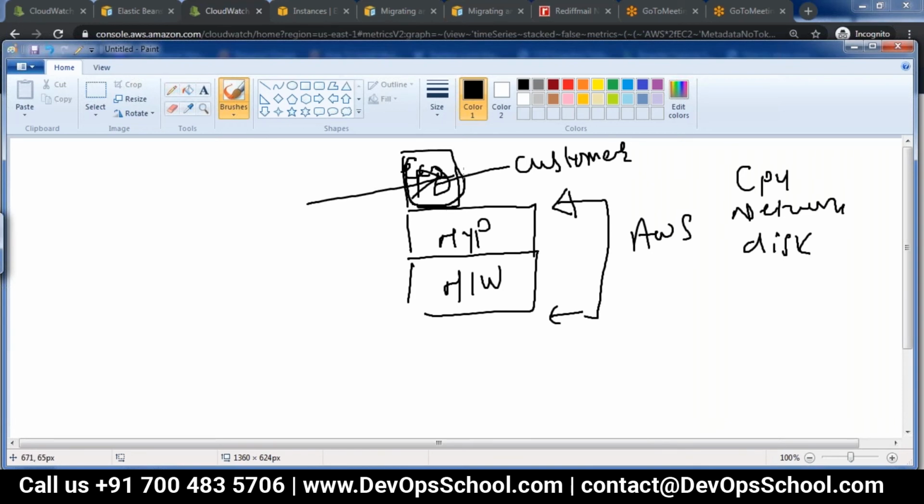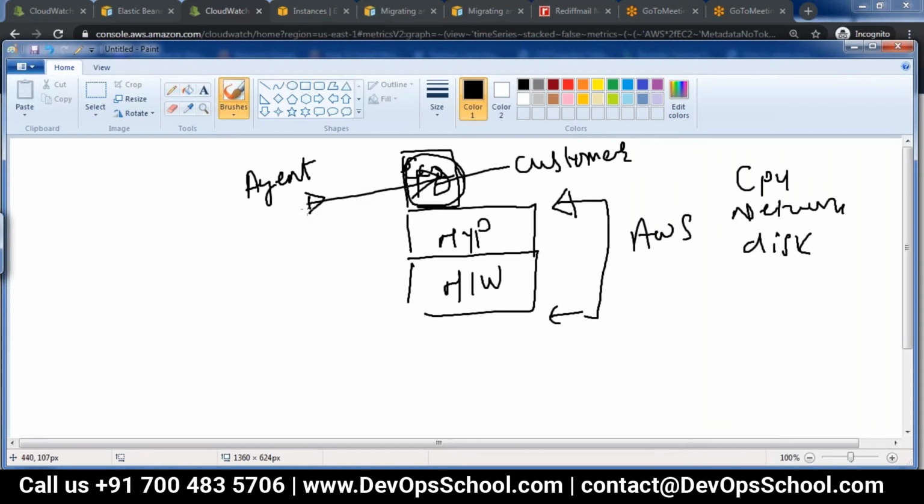Anything happening inside is customer responsibility. So you'll have to put some agent, some kind of service, inside EC2 to monitor it. But there is a way out.